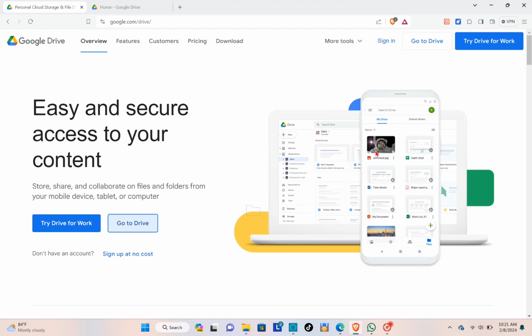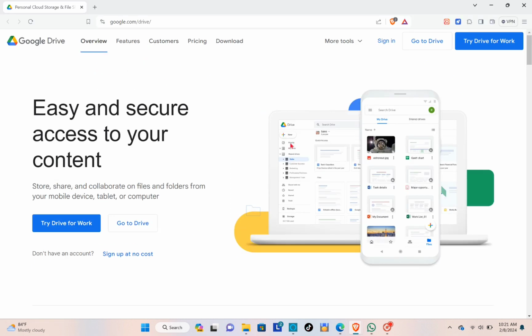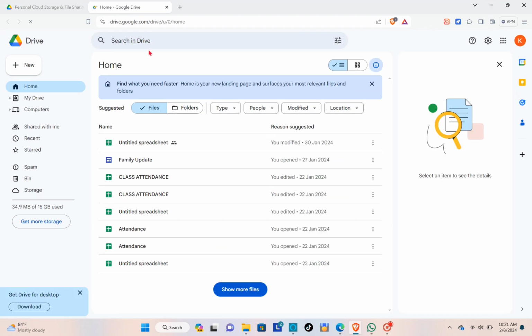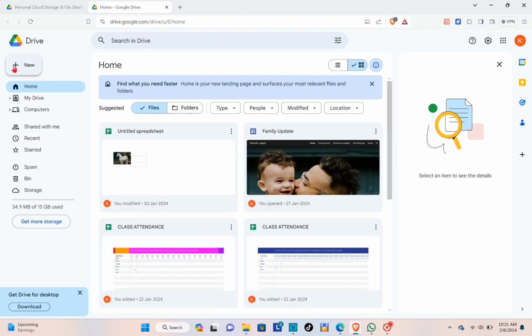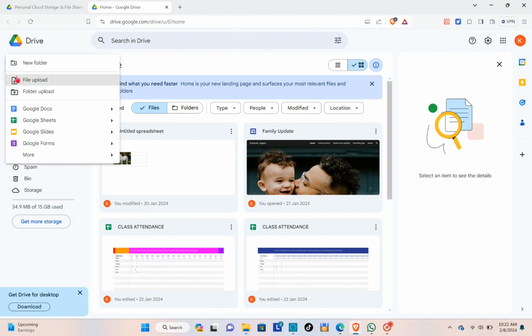So first thing that you'll need to do is to open any web browser and then log in to your Google Drive. After logging in or signing in, you just have to click on the Go to Drive option. Okay, so this one right here, just have to click on it, and then here you can see below the drive icon, you can see the new option, so you just have to click on it and then select the